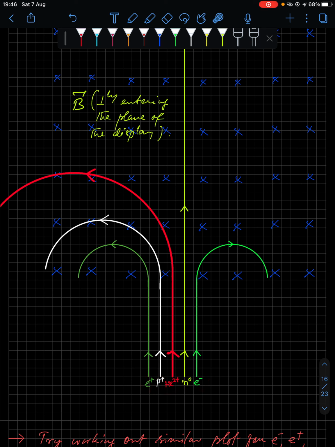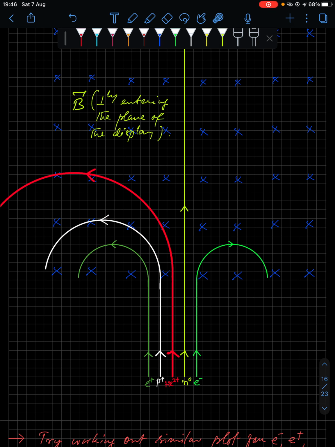I have included positron also. Positron is the antiparticle of electron. It is e+ and electron is written as e−. Only the charge is opposite, but the mass of a positron is the same as electron. Now they are fired with the same initial velocity in a constant magnetic field, right? You see, by applying Fleming's left hand rule, if you put your index finger directed inside the page, and the middle finger is directed this way, vertically upwards, then you'll see that the thumb is pointing along the left.